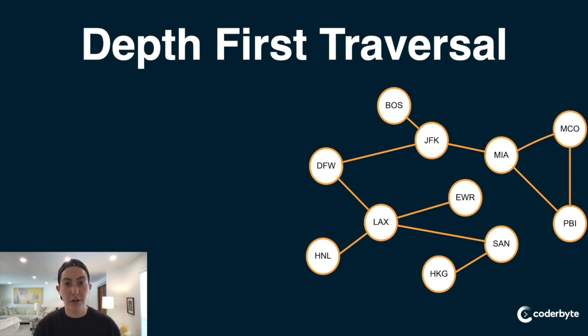I'm going to just walk you through the ordering here just so you can picture this before we talk more about the algorithm and how we'll accomplish this in code. So let's say we want to start at the Dallas-Fort Worth airport, right? So in depth-first traversal, same as the other traversals, we're still going to take one of its adjacencies, right? So let's take LAX to start. Now, this is where it changes. Instead of also visiting JFK in this